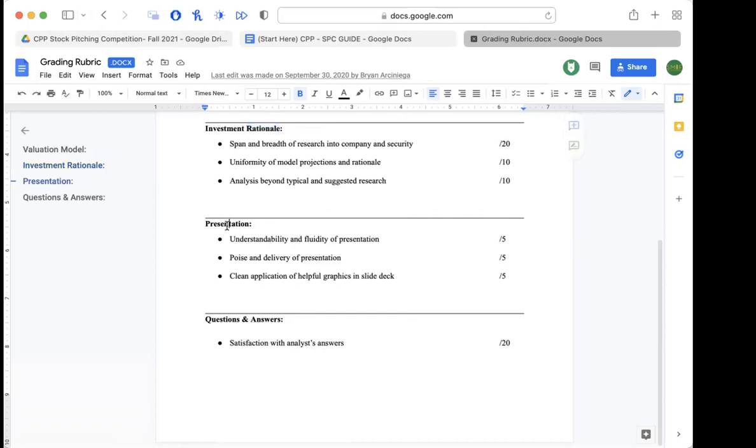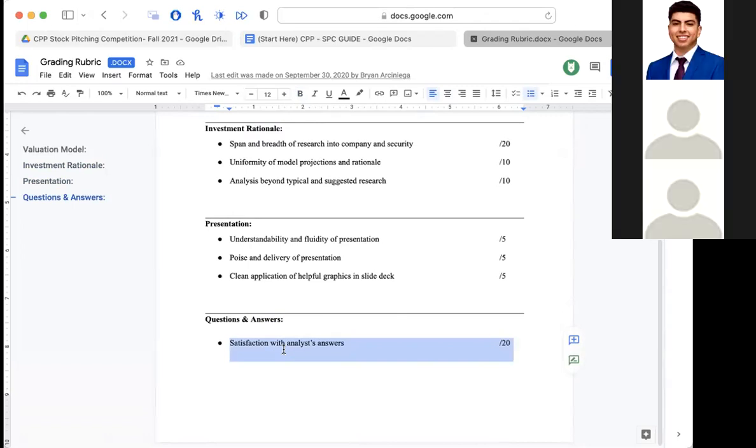And I believe this is also based off of your analyst report. So the way you build your analyst report, and just making sure that it's visually appealing as well. Cool. And then at the end, when you're presenting, the way it was set up last semester is a 10-minute,